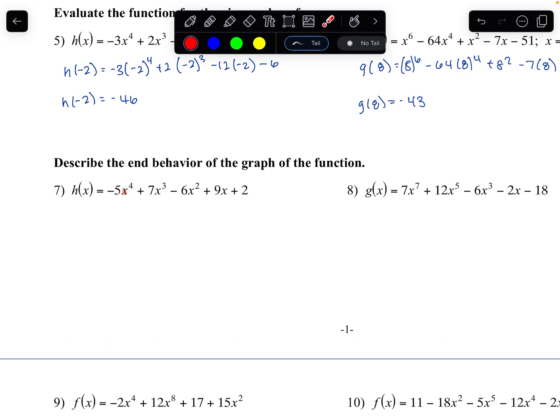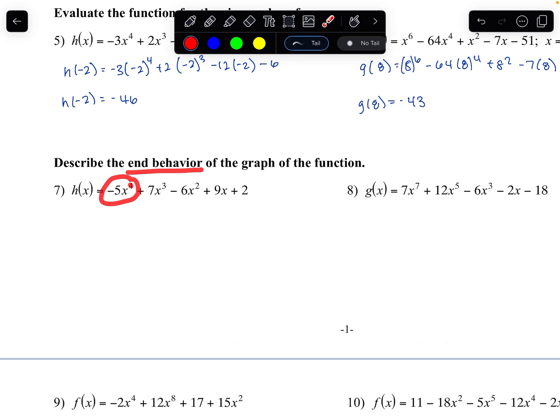So if x is like positive 20, positive 30, doesn't really matter. But as x gets larger in that direction, or as x gets smaller, so in the direction of negative 20, negative 30, negative 1000, and so on and so forth, this term right here will dictate how it's going to behave at the end, because